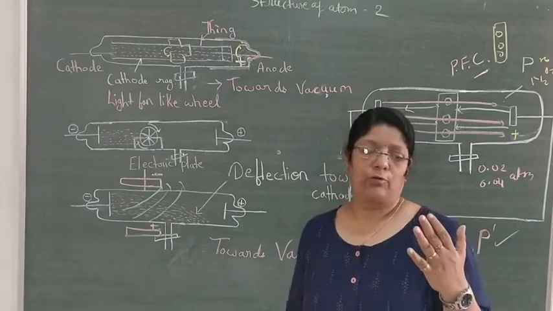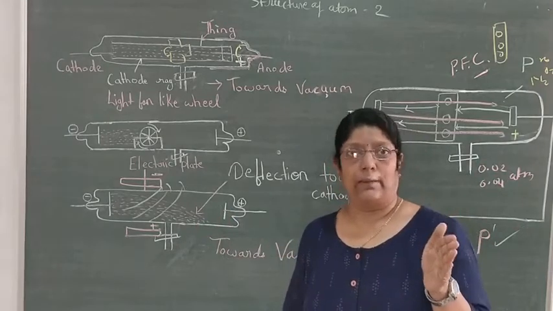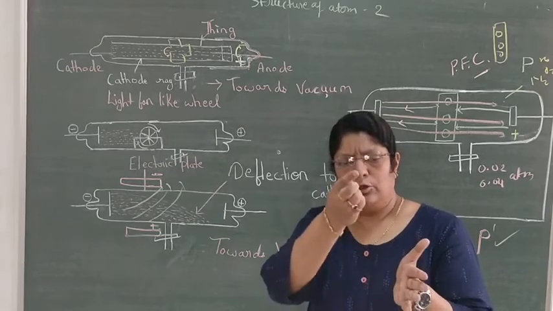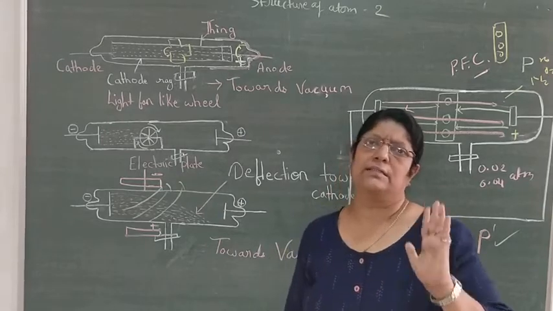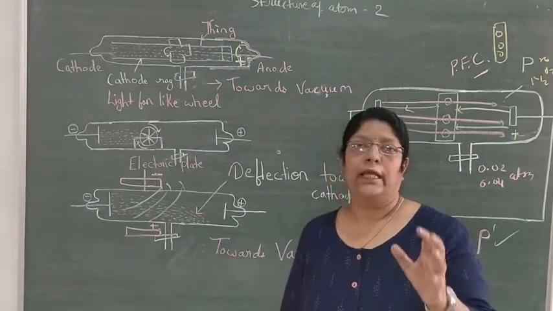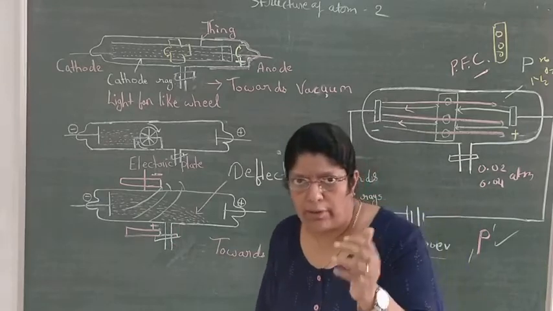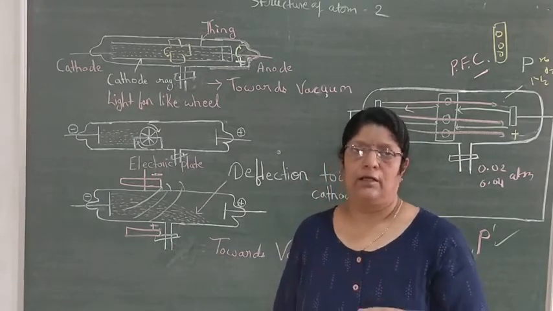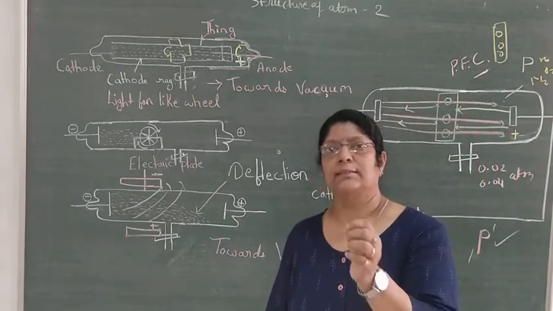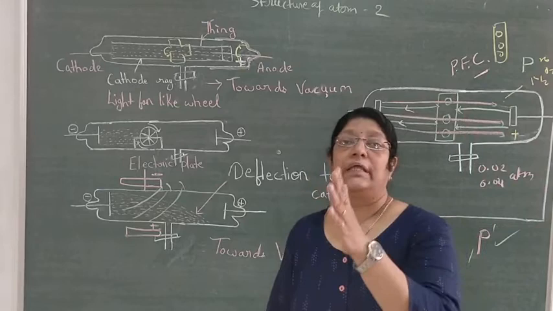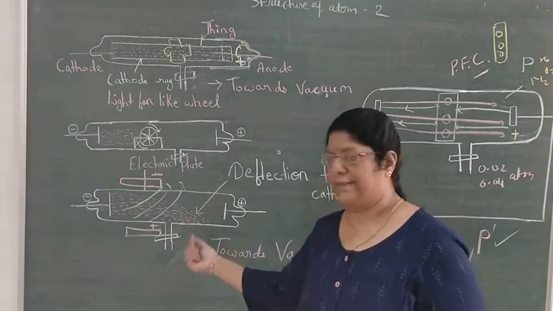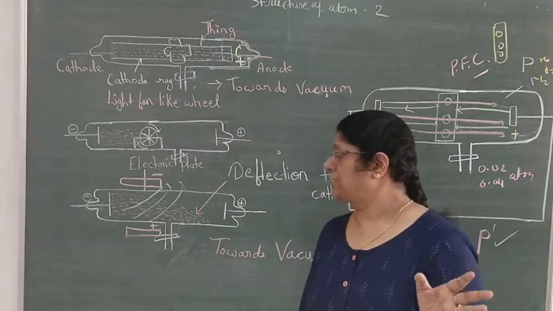After it, we know that cathode and anode rays both are capable of penetrating a 100 millimicron thin metal sheet. That is the fourth property. Fifth property of cathode rays: if you bombard cathode rays on tungsten metal, they will produce X-rays. This is known as the secondary effect of cathode rays. Anode rays will not do this type of thing.